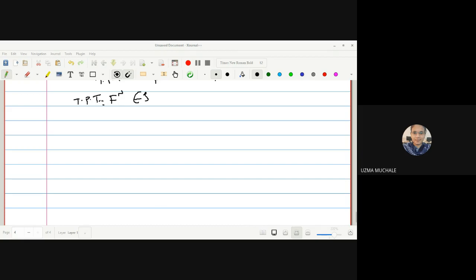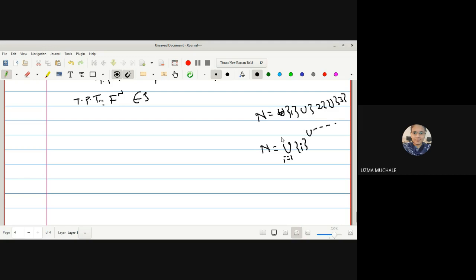Okay. Now, as we are not knowing what is capital X, what is F complement, so let us assume that any set I can write in the form of a singleton sets. Suppose I have a set of natural number, I can write this set of natural number as union of singleton 1, or we can write union of 1, 2, 3, and so on, right? So we can write this as union of all, instead of natural numbers, I can write union of all I, where I runs from 1 to infinity.